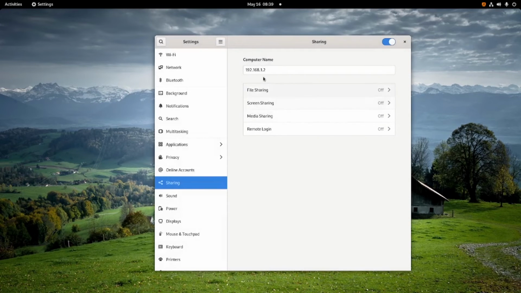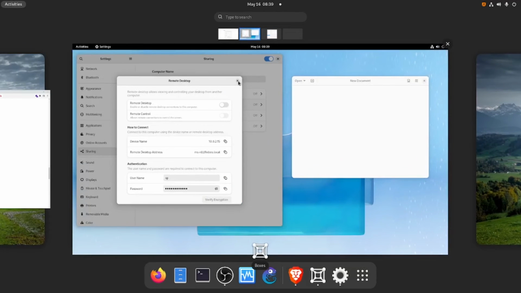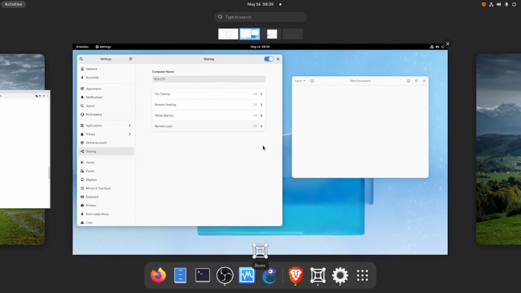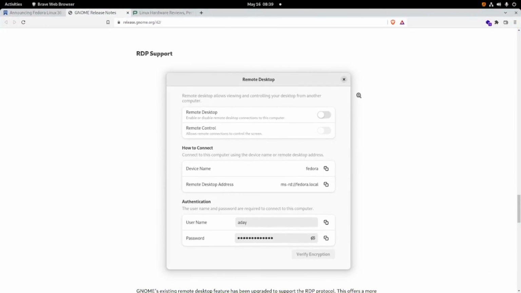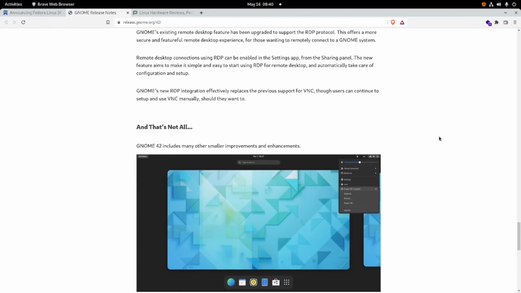Okay, so the difference is the remote desktop setting in here. I will try it later, maybe in another video. Okay, so let's see the other updates.